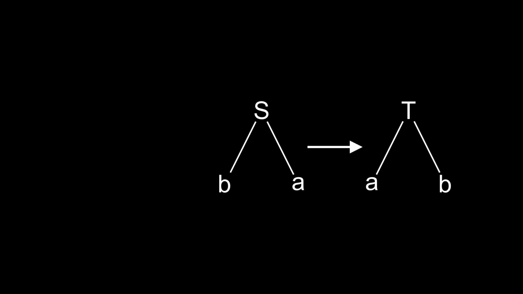Here's what a transducer that reverses trees like in our example looks like. We'll start with the input alphabet. The trees that we're transforming have the labels S, A, and B, so those will be the input. The output trees contain T, A, and B, so those will be the output alphabet. For the states of the output, we'll have a state QL for the leaves of A and B, and a state QT for our internal T nodes. We'll assume that T will always be the root, so the QT state will be our only final state.